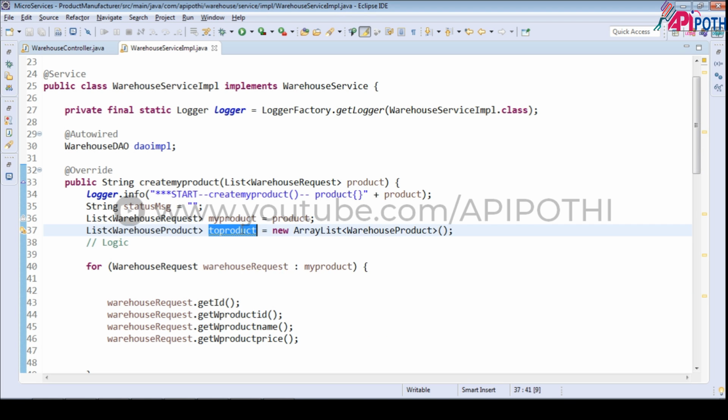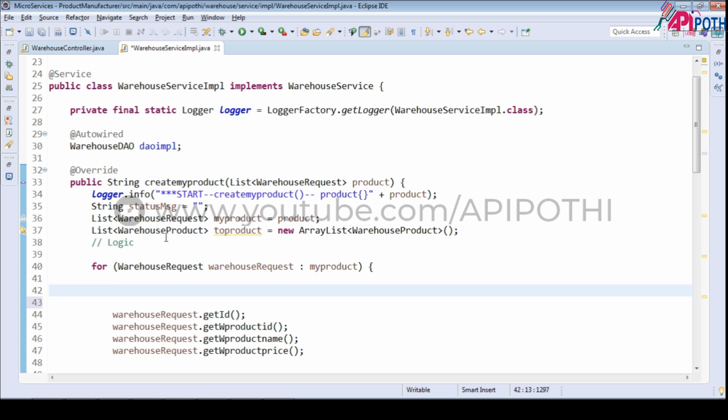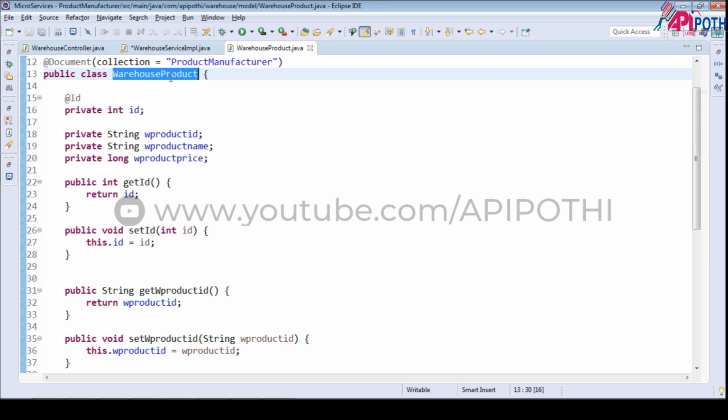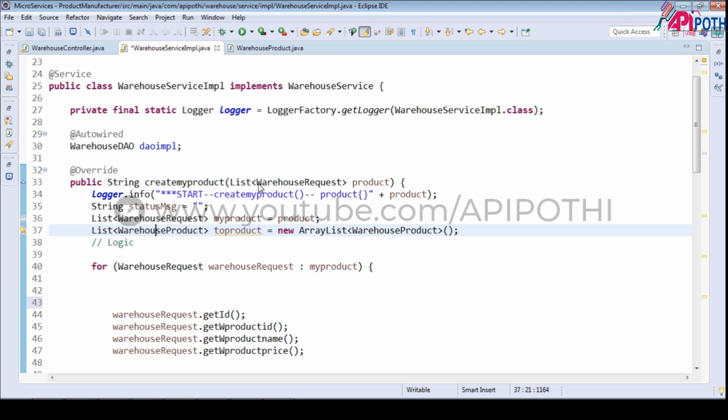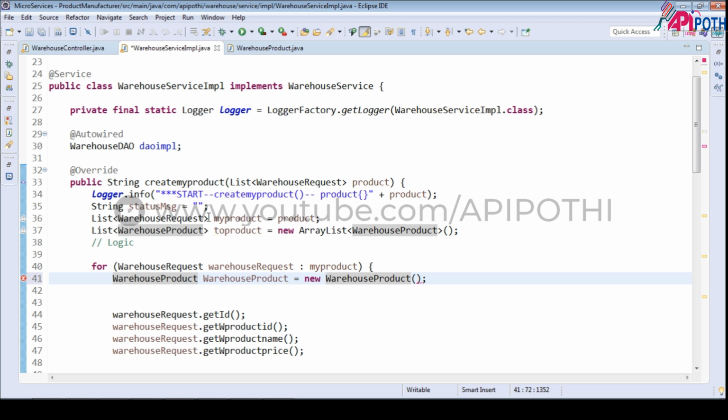product warehouse product, and for that we are going to create the instance of warehouse product. This is the entity class. If you see here, this is our entity class. So warehouse product equal to new warehouse product. Okay, and inside the product,